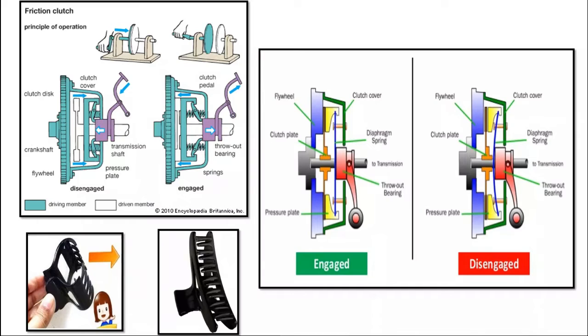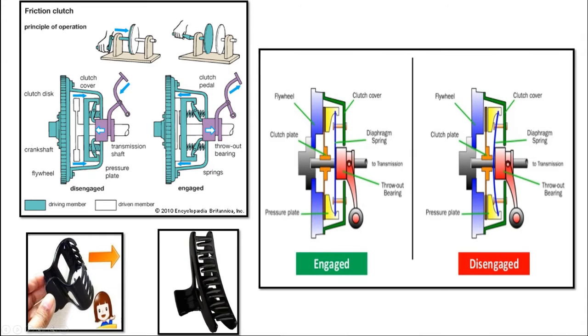Normally, the clutch is always in engaged position. When we press the clutch pedal, like in case of cars, we press using our feet. This is your clutch lever, your clutch pedal. When we press, it disengages. Just like you can think of the clutch which ladies are using to bind their hair. When it is in normal condition, here, this right side on the bottom, they are engaged. The teeth are in mesh.